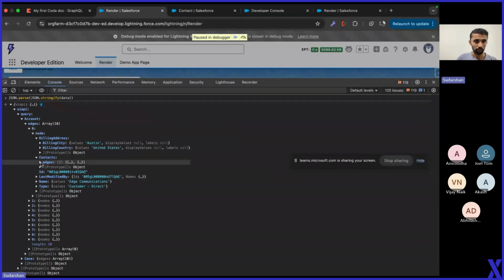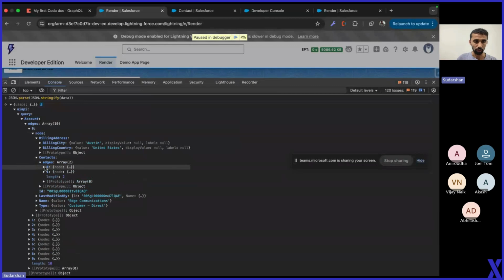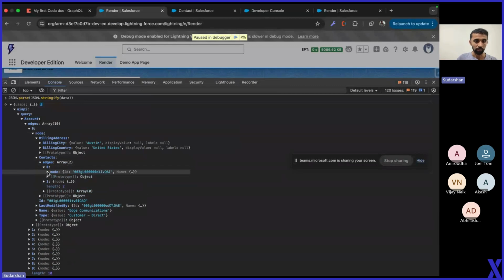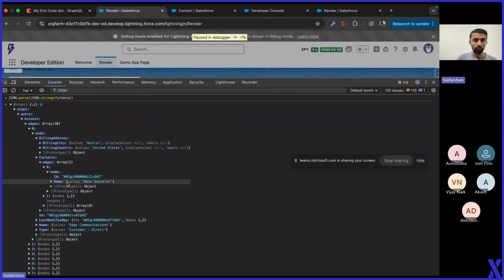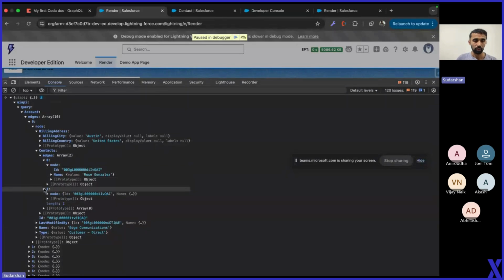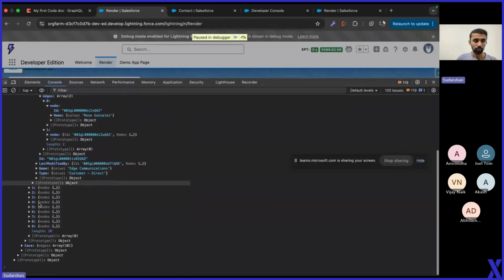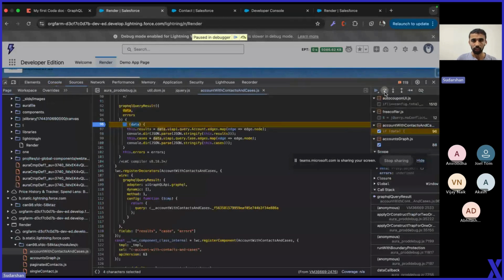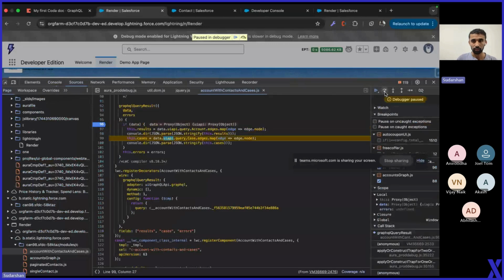You see there are two contacts, and even the contact follows the same node structure. As you can see, we have limited to two contacts. For some accounts, there is only one contact, because if the number of contacts is only one, then it will return only one. Otherwise, at the max, it will return two contacts. And this is the structure. Likewise, now when we go to the next screen, it just flattens it, as you can see,